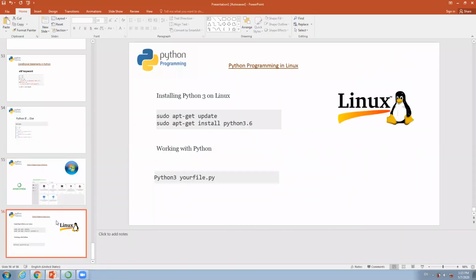And then in Linux also very simple. There are many other ways of writing Python code, and execution of it also has different possibilities. I'm going to tell you a very simple one. So in Linux, you first need to update the repository, and then you can install Python 3.6 or whatever the latest version is. And then when it is installed, you can directly go to the path where you have your